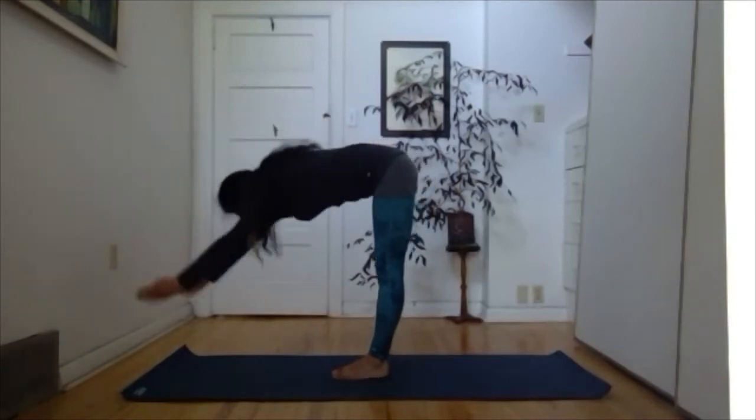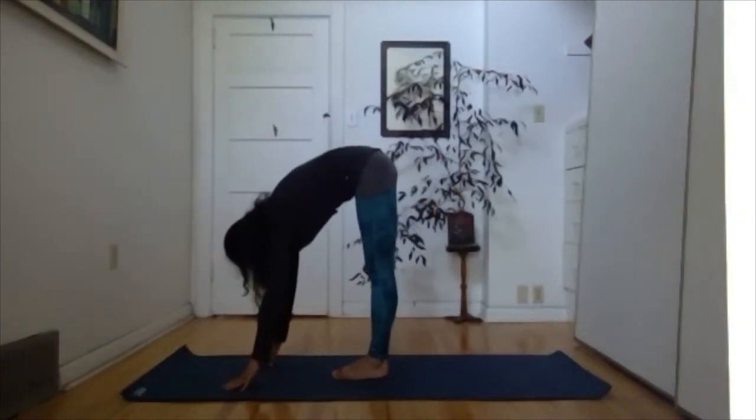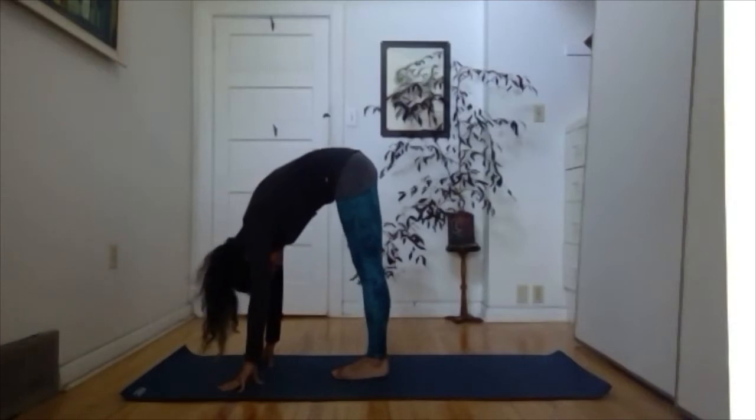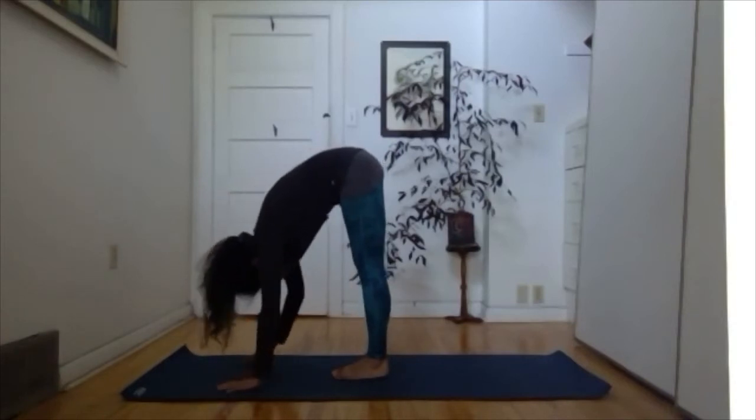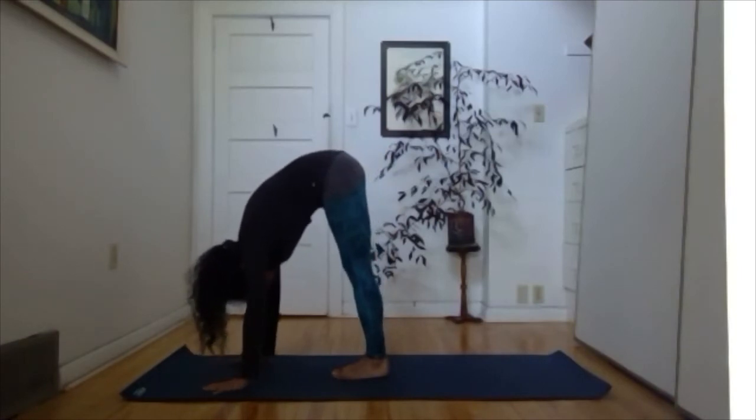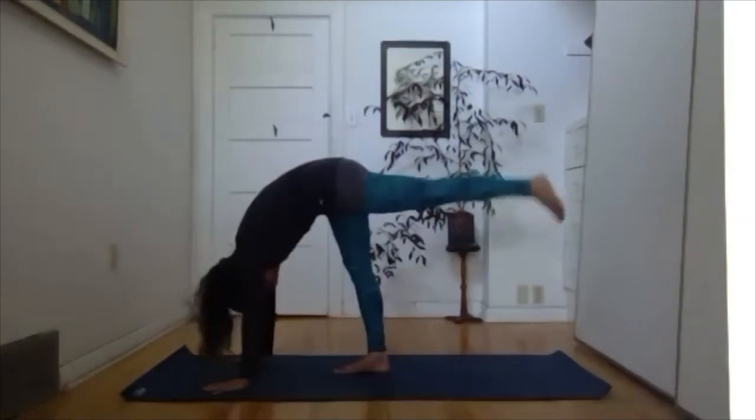Then start to drop your arms down, hands touch the mat. Push your body weight forward so you're in a forward fold. Draw your chin towards your chest and put body weight so much more forward into your arms that you can lift your left leg up,